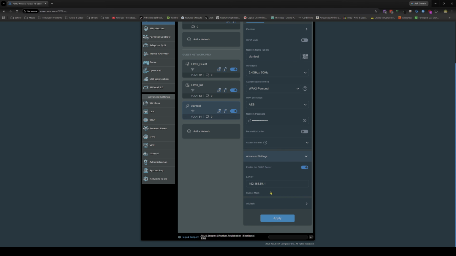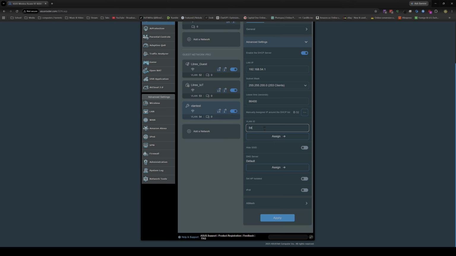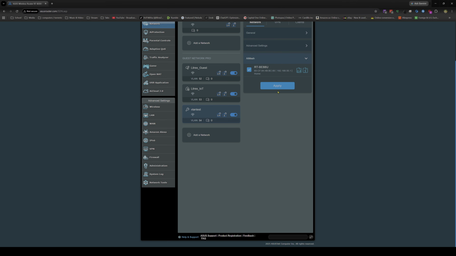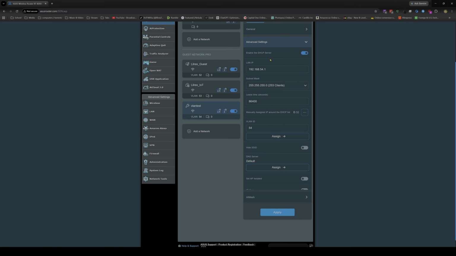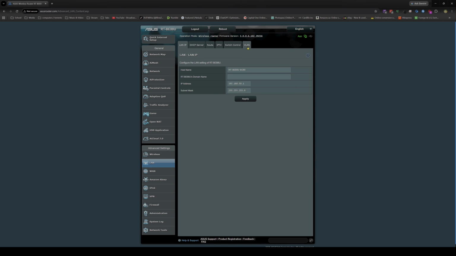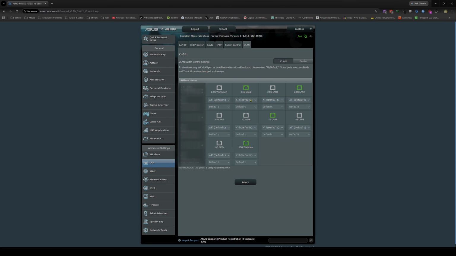If you want to switch that to something else like .28 or whatever, you can just pick that here, come into the advanced settings area and just put VLAN ID and give it whatever you want. Click apply. If it's going to be an AiMesh node, you can set that, but we're not doing that on this one. Now we're going to come back into the LAN, go back to VLAN,